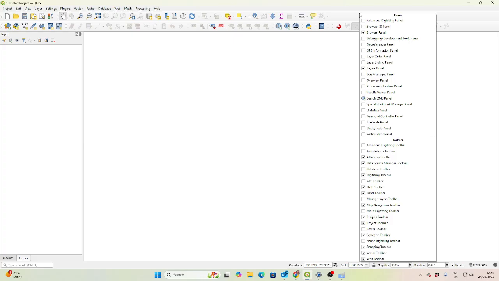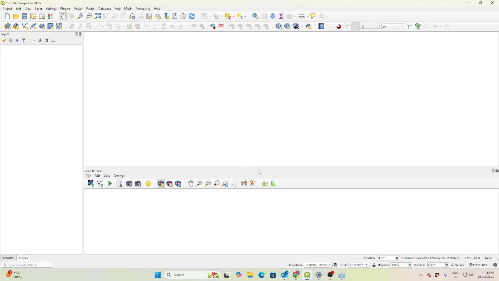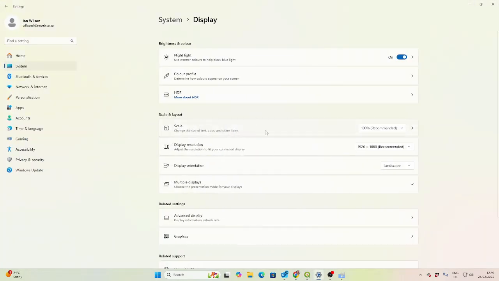Maybe I just need to turn it on as a window. So I've just right clicked and panel. Where's the Georeferencer panel? Oh, there it is. Okay, let's clear this, reset the Georeferencer. Did that work? Yes. Okay, so now I can go back and maybe change my screen back up to